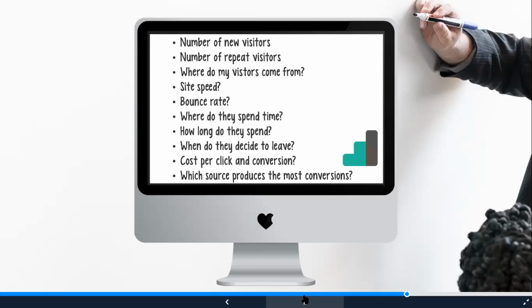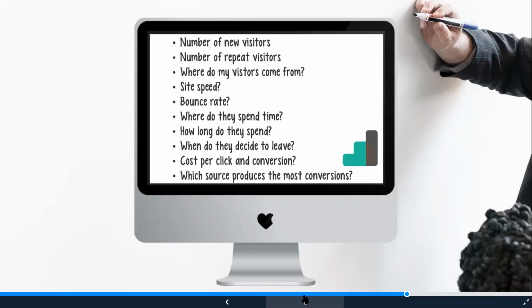When you run Google Ads campaigns, Google determines your ad rank, in other words, the position that your ad has on the page where your ad is shown. That ad rank is determined by a formula, and the formula is your bidding amount multiplied by your quality score. Your site speed and your bounce rate have a direct impact on your quality score. So that shows you that if you want to have a good ad rank, you can't just bid a high amount. You need to make sure that your quality score is good.